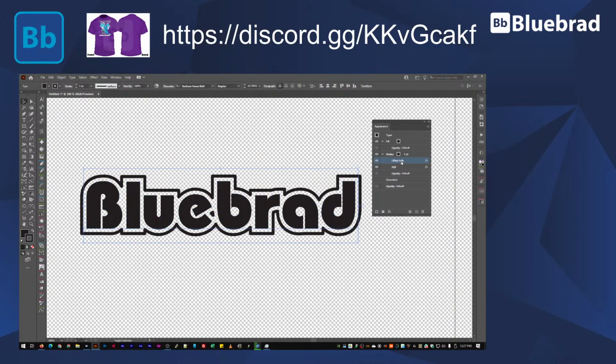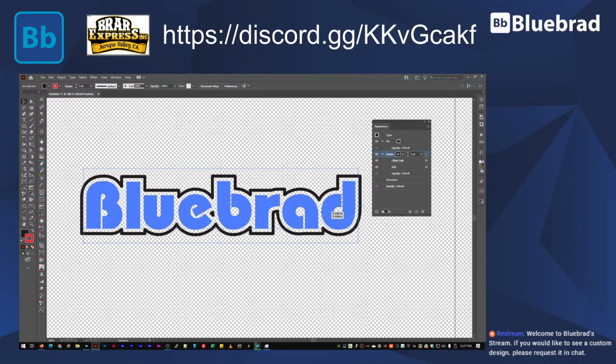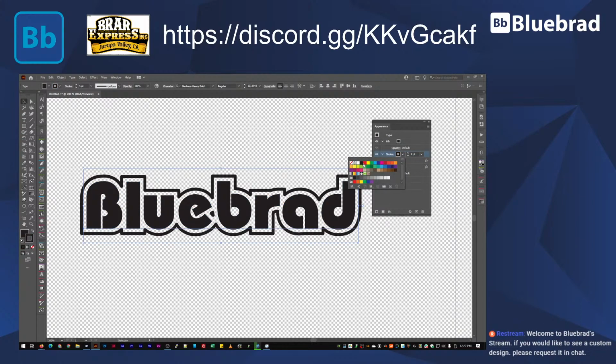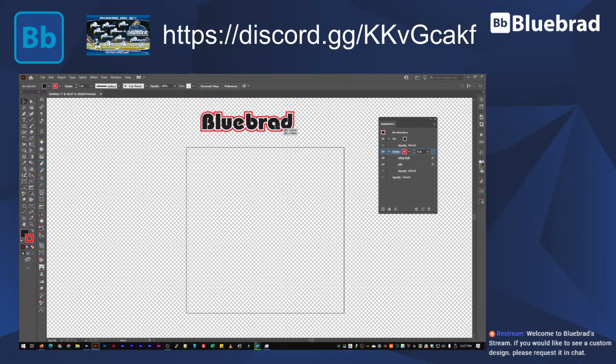You do need to apply the add underneath the offset path, because if you do it the other way, it doesn't work. If you accidentally flip it, you can always just drag and drop it and it should realign. Now I can change the color of this. Oh, if I had it selected, now I can change the color of this and use that as an optional font. What I would love for Adobe to do, because this doesn't quite look the same as I want it,